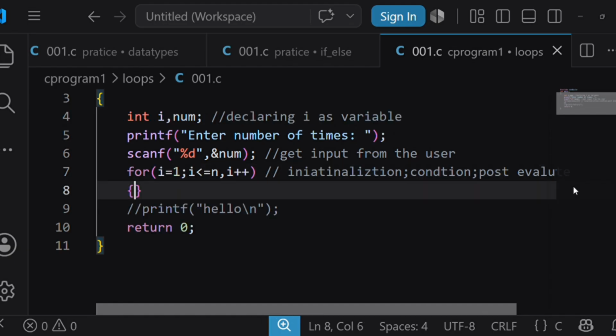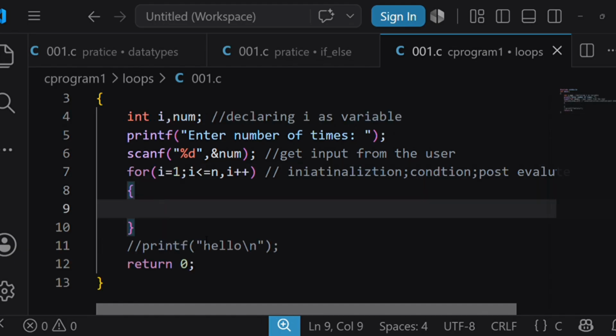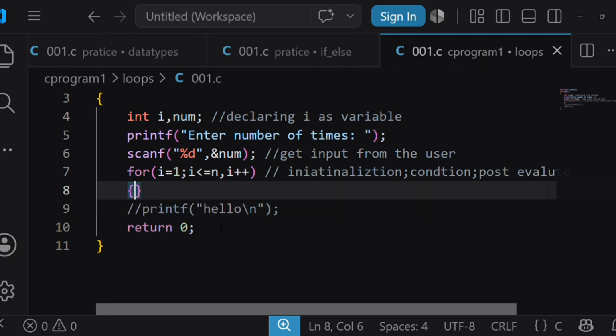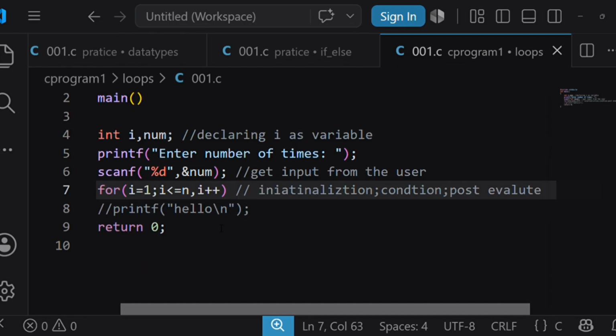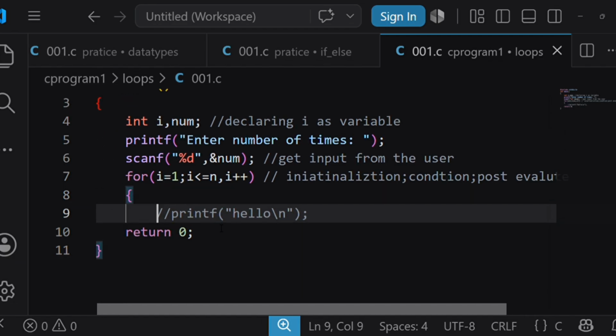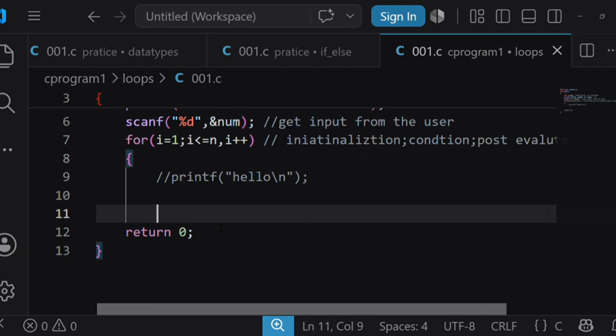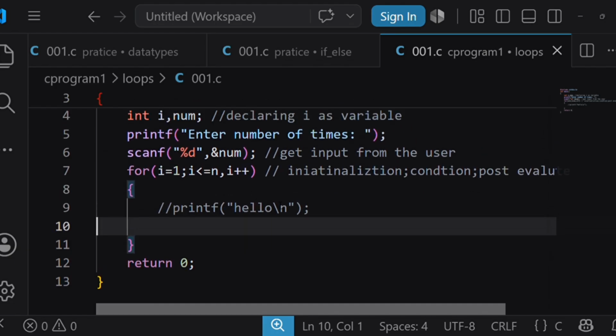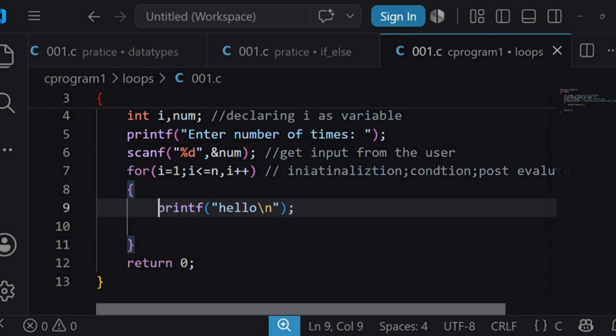Open curly braces. Right. So now I am uncommenting this line.